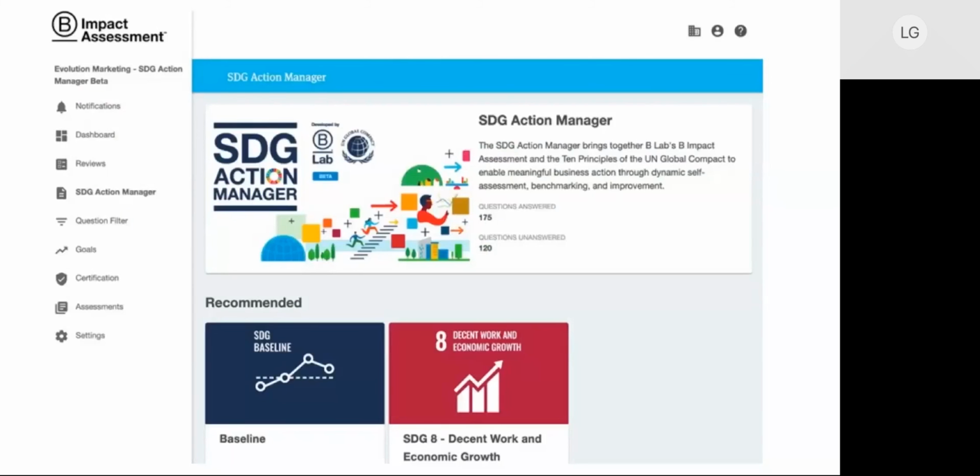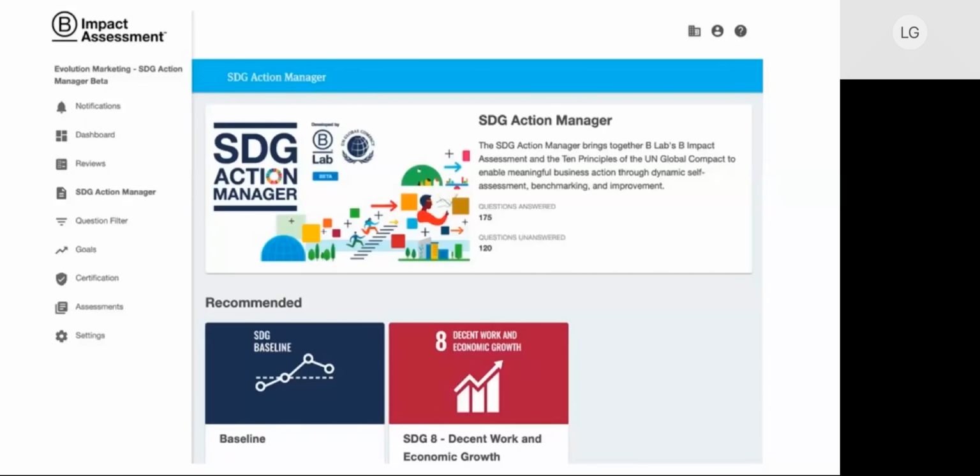Okay, so this next slide shows you what the actual SDG Action Manager tool looks like. I kind of went up close. This is from when Evolution Marketing beta tested the tool. So what's really neat, as I've said before, is that this tool is based on the B Impact Assessment. As a certified B Corp, Evolution Marketing had the opportunity throughout all of 2019 to give feedback to the organizations who were putting this tool together last year, and then we got to beta test it last November. So it's kind of neat to see how we actually put the time in. Evolution Marketing answered every question in the entire tool,